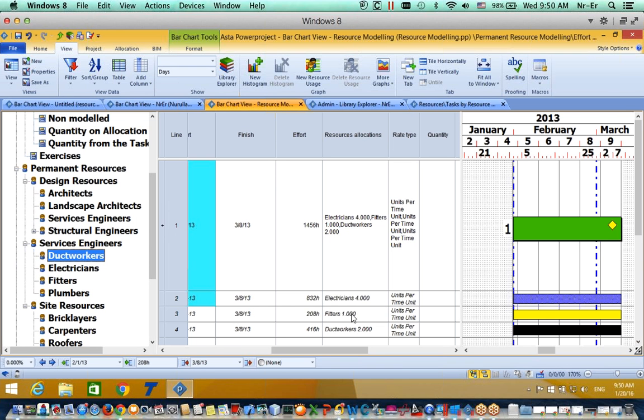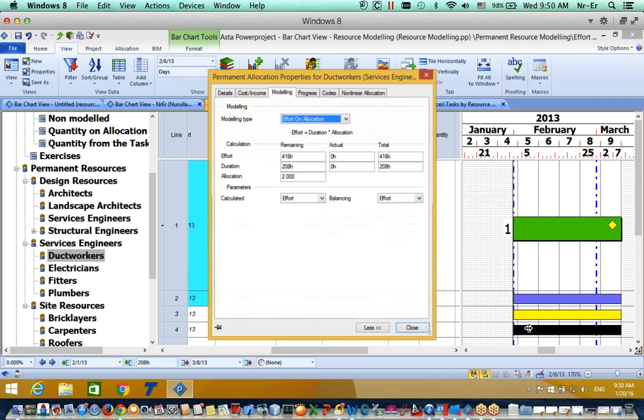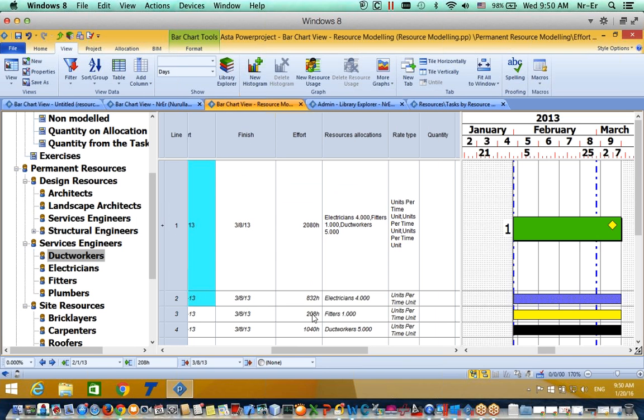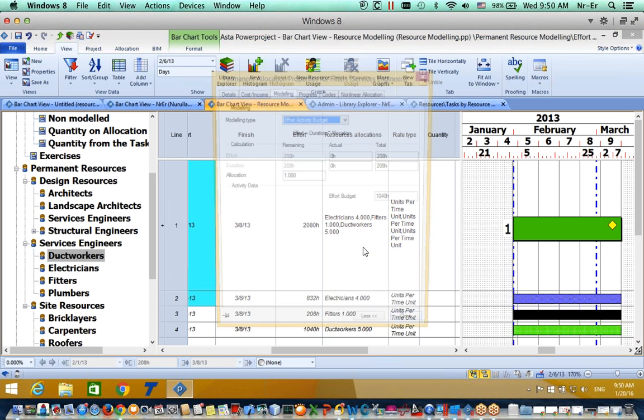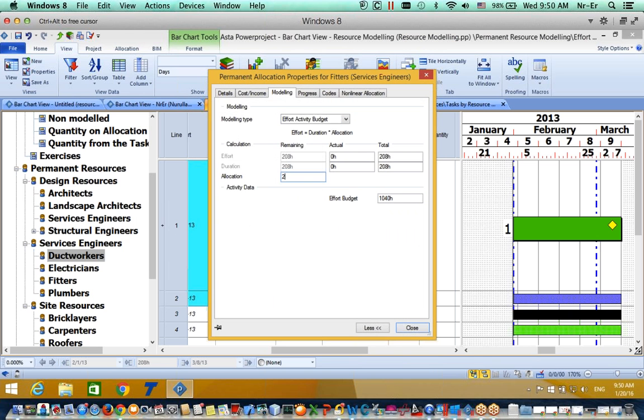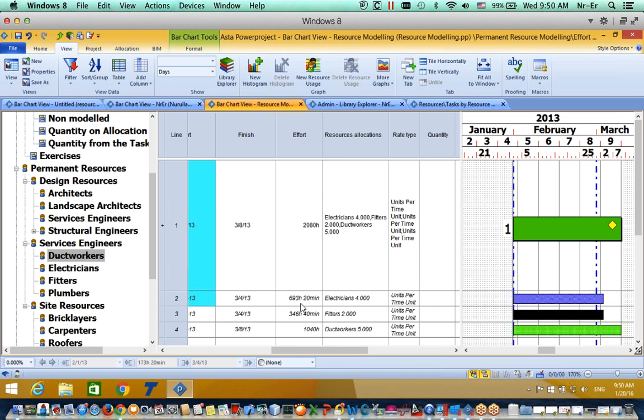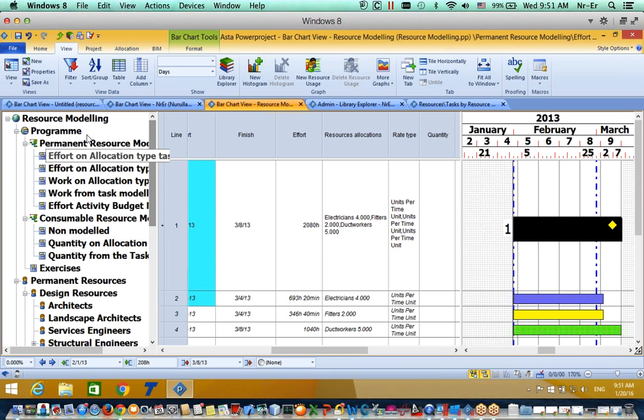Let's say that this is the one fitters and this is two task workers, and I'm saying that this is not two and I have a five, and it is calculating the total effort. And let's say that this is not one fitters, I have two fitters, and the system is showing me the total effort for this task. And permanent resources